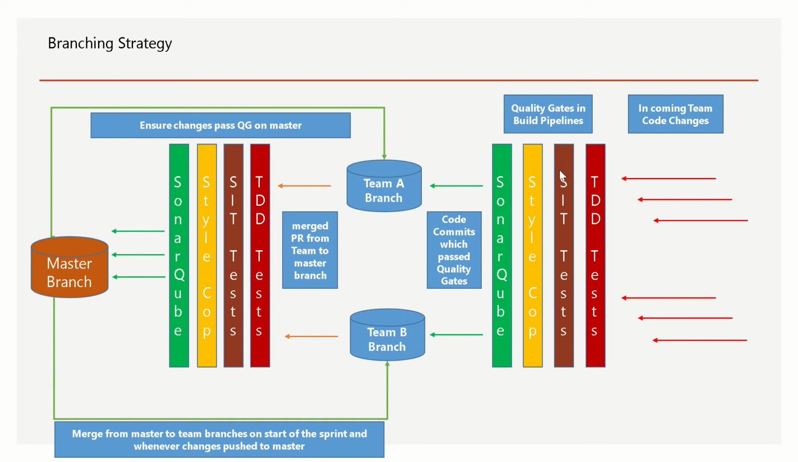So what is the advantage of these quality gates? When the incoming team changes are committed or pushed to the team branches, they have to pass all these quality gates. First of all, you should ensure the coverage, that whatever functionality you have implemented is covered using unit tests. If for some reason you are not meeting that coverage percentage, say 95 percent, then the build should fail and your changes should not propagate to the